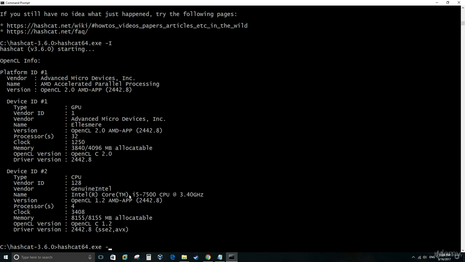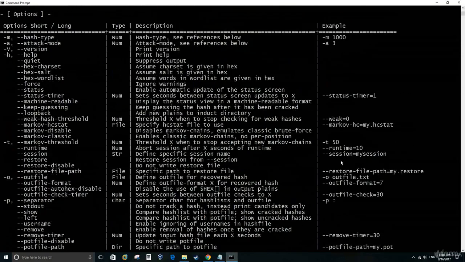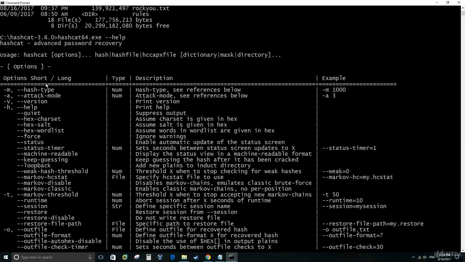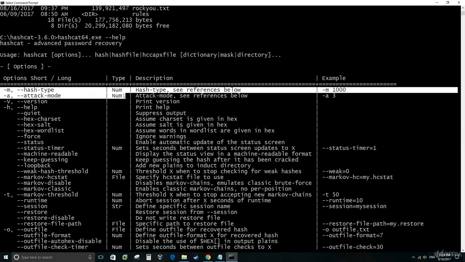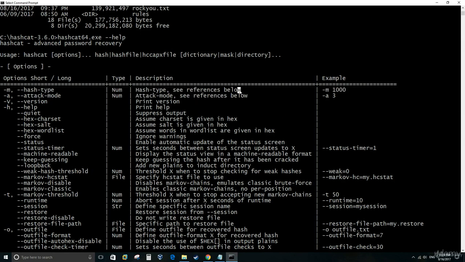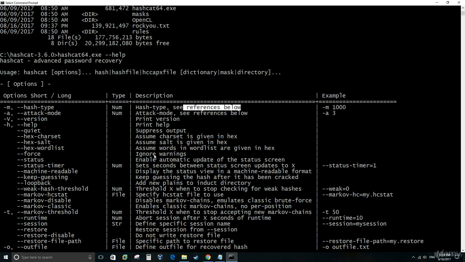Now the next option that I want to use is the -M. Now this specifies the hash type, so the type of hash that you want to crack. Now the hash type is a number, so we have to give a number that corresponds to the hash that we want to crack. And if we scroll down,